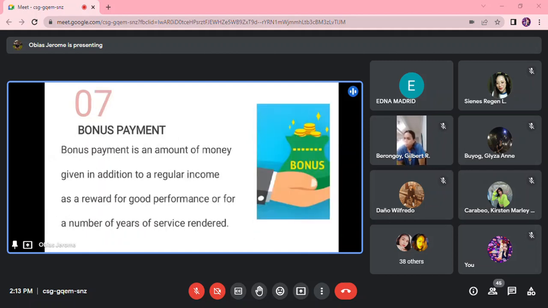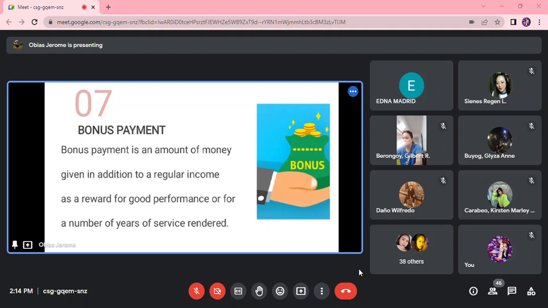So, next is bonus payment. Bonus payment is an amount of money given in addition to a regular income as a reward for good performance or for a number of years of service rendered. So, ang bonus payment naman, ito yung pera na natatanggap mo galing sa employer mo. Pwedeng dahil ito sa good performance mo sa trabaho o di naman kaya dahil sa ilang taon ka na nagsiservisyo